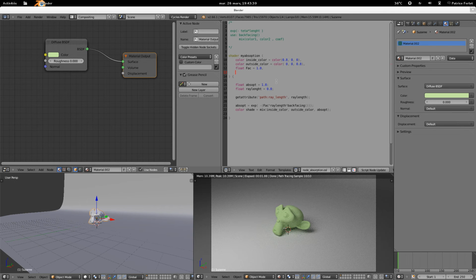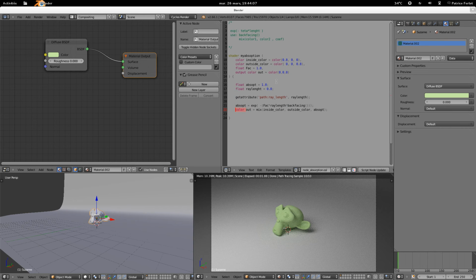To set an output, just begin your parameters with output, and set the type and a name. We will set the name out, and set it to a color as black by default. Okay, so the out color,